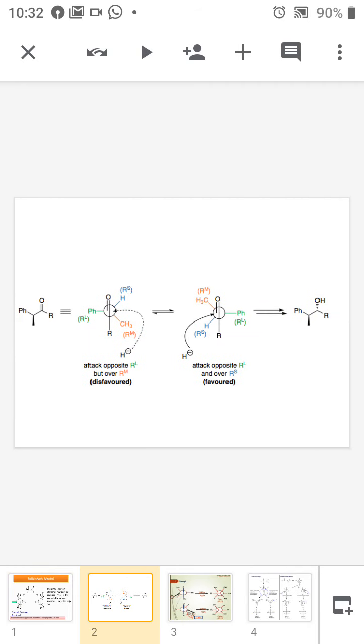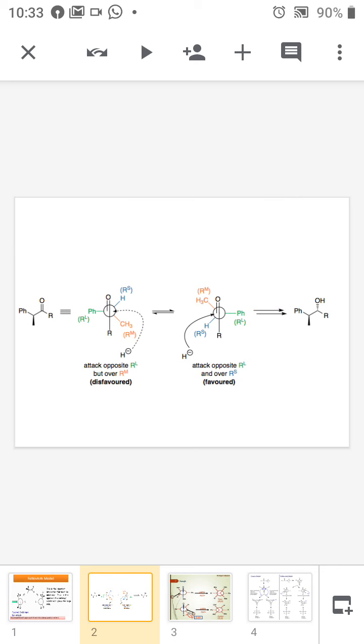This is the first example, in which we first have to write the molecule in the Newman projection formula. So this is the Newman projection formula. According to the Felkin model, we have to arrange the substituents on the chiral carbon atom directly connected to the carbonyl group as small, medium, large. Here we can see that three groups are attached to the chiral carbon atom: one is phenyl, the second is hydrogen, and the last is CH3. So according to the Felkin model, Ph is the large group, methyl is the medium group, and hydrogen is the small group.